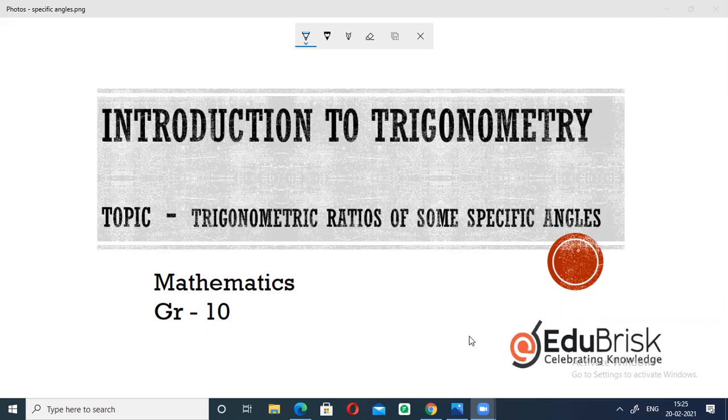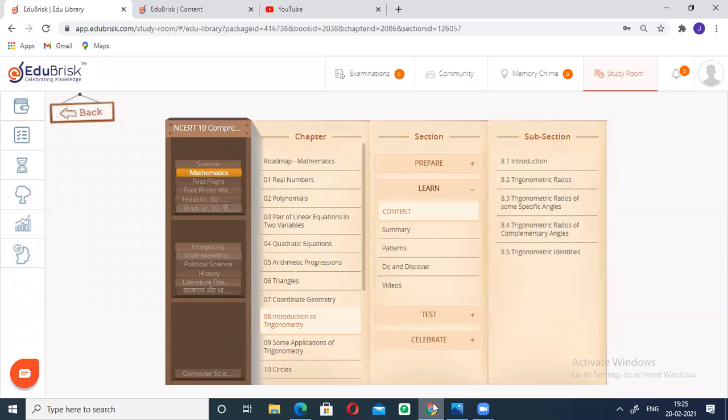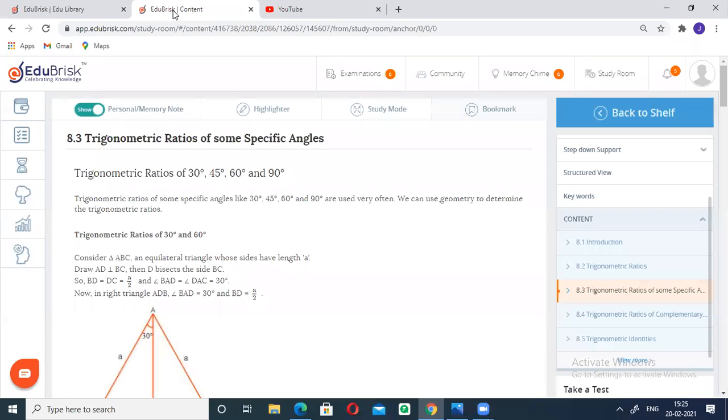Today we will discuss the topic trigonometric ratios of some specific angles, which comes under the chapter Introduction to Trigonometry. In this chapter, the first topic was trigonometric ratios, how to write the trigonometric ratios, and the main trigonometric ratios. The second topic is trigonometric ratios of some specific angles. How to write the trigonometric ratios for some specific angles, that is 0 degree, 30 degree, 45 degree, 60 degree